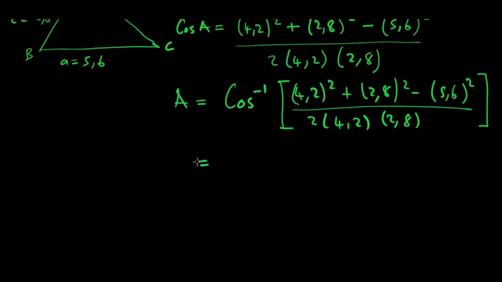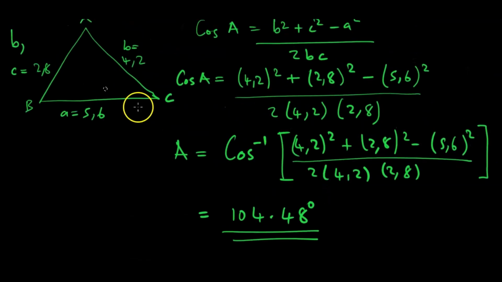Alright, saka panapa uine calculator chaiyo, you can just come here and say arc cos of ubva fraction rako, watonyora 4.2 squared plus 2.8 squared minus 5.6 squared dividing 2 multiplying 4.2 also multiplying 2.8, and the answer yatiri kuwana it's 104.4775121859, to 2 decimal places inenge iri 104.48 degrees. Yatopera, so that is a, 104.48 degrees.